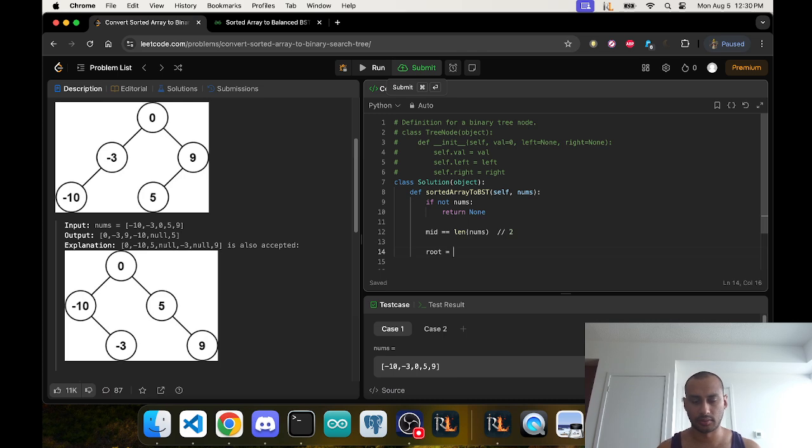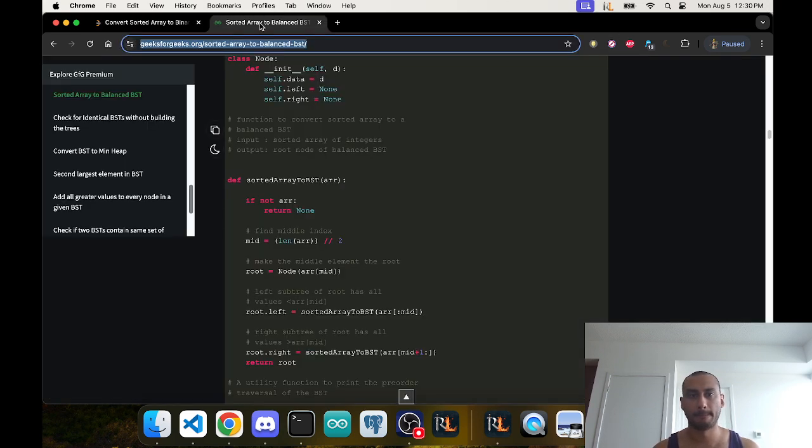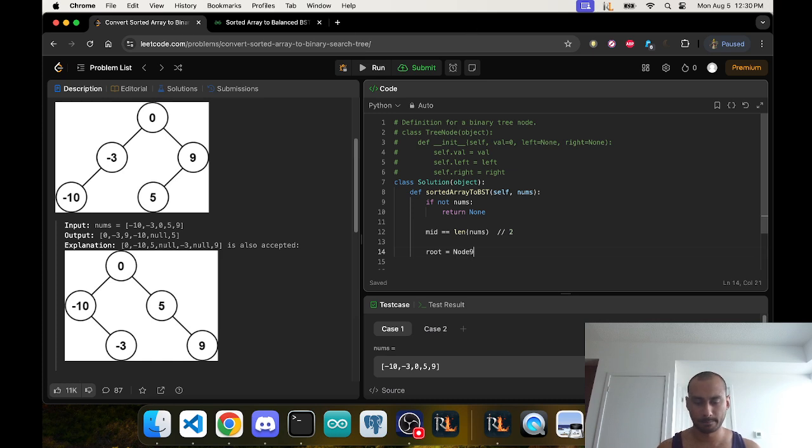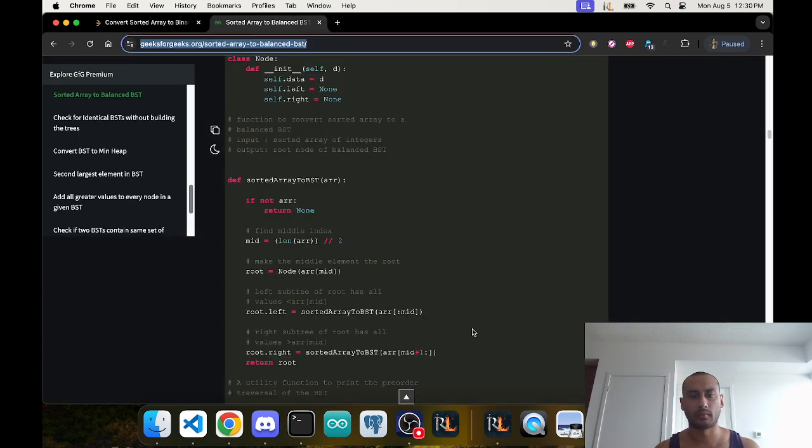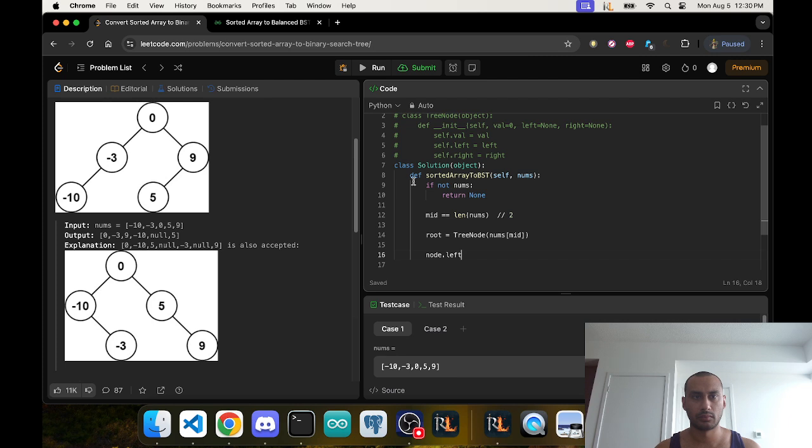Root equals tree node mid. So basically getting the node out. Left equals